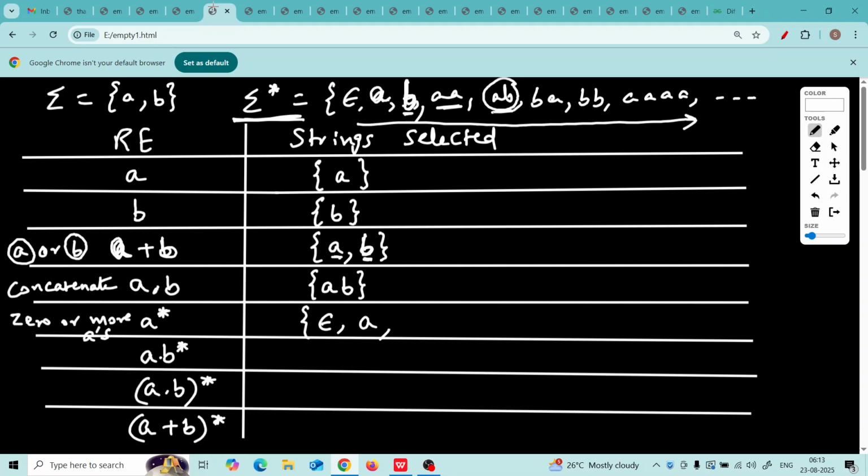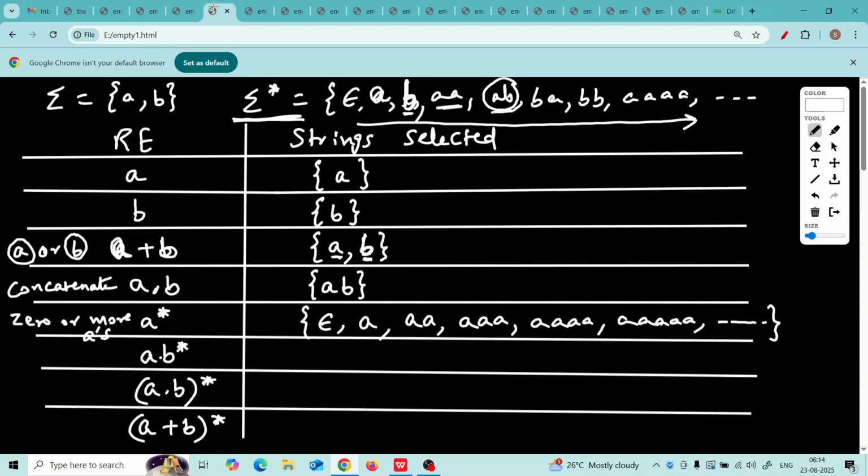Because we are saying pass only those strings which have A and only A, because B is not written in the rule. So pass only those strings which have 0 or more A's. So the next string will be AA, then AAA, then AAAA, and then this goes on. This is an infinite set.